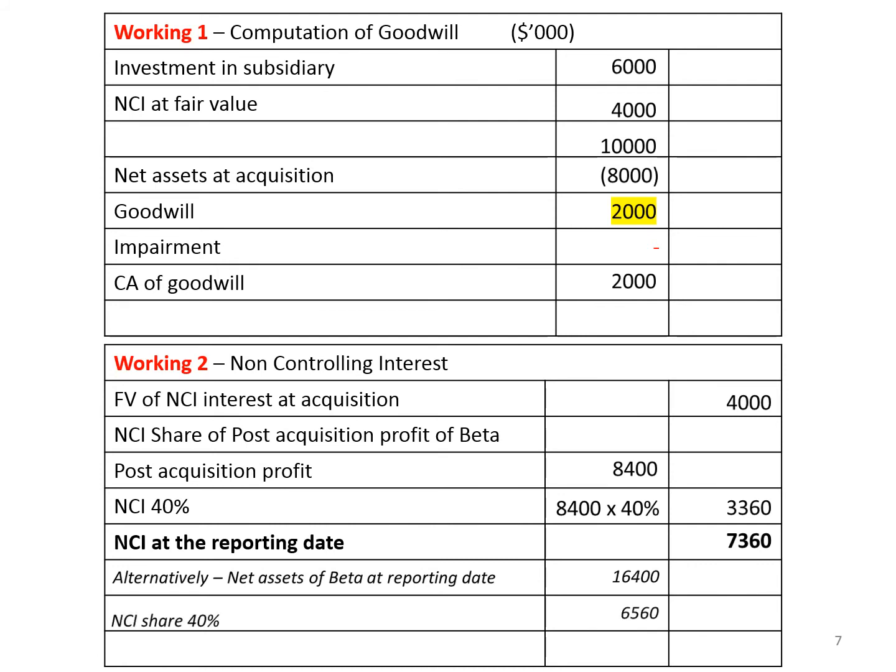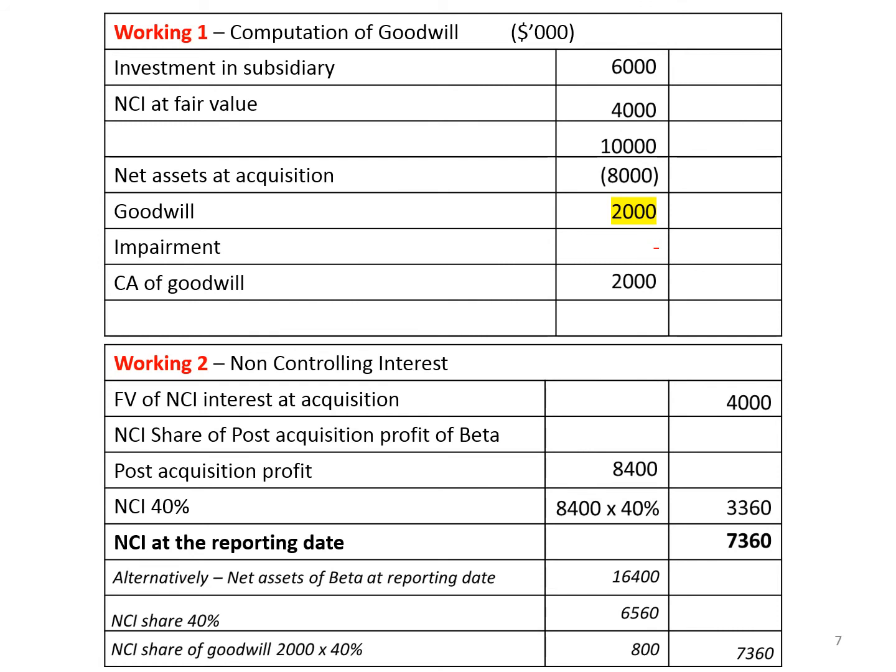We can take NCI percentage 40%, that is 6,560. To this we can add NCI share of goodwill 40%. Then you can see you get the same answer. But the first approach is more suitable. It is valid for any scenario. Okay. So NCI or non-controlling interest as of the reporting date 7,360, we can take this